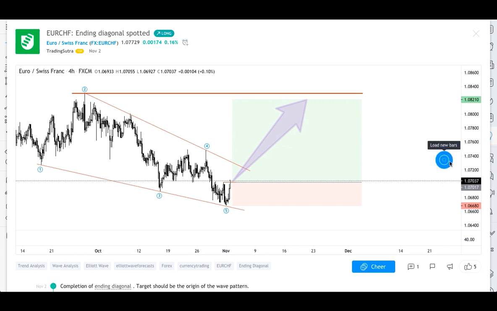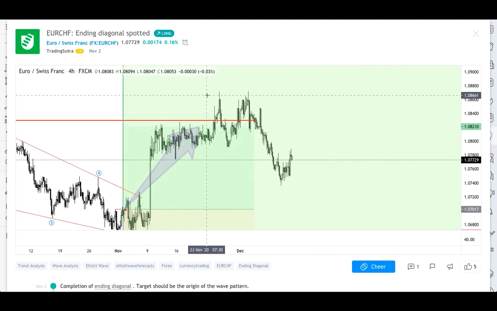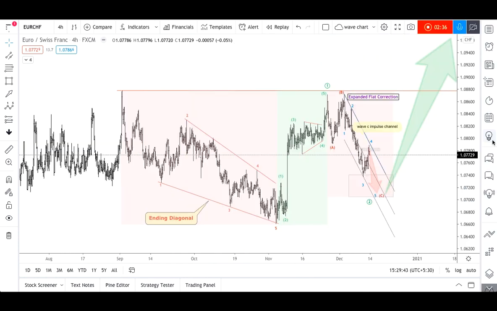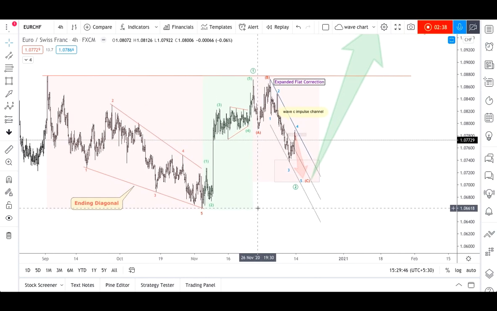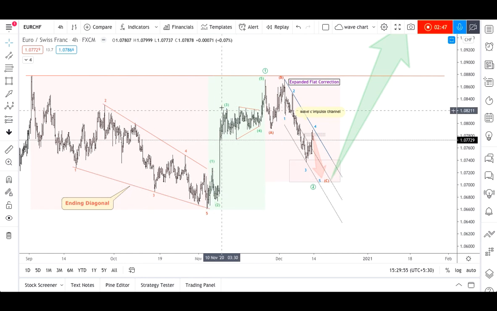So what happened after this? Let's load the new bars, and we can see clearly that we got an impulsive move up to this level. So this was the starting point of the ending diagonal, and our minimum target was this. Okay, and we got up to this level. How did this upside movement go? Is it a corrective movement, or was it an impulsive movement? We can clearly see a 5-wave structure: wave 1, wave 2, wave 3, wave 4 as a triangular structure, and after wave 4, a terminal thrust wave 5. So we have seen a 5-wave upside movement.